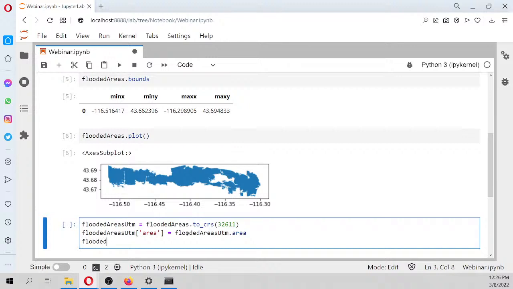So flooded areas UTM, we create another column that is called area as square kilometers,